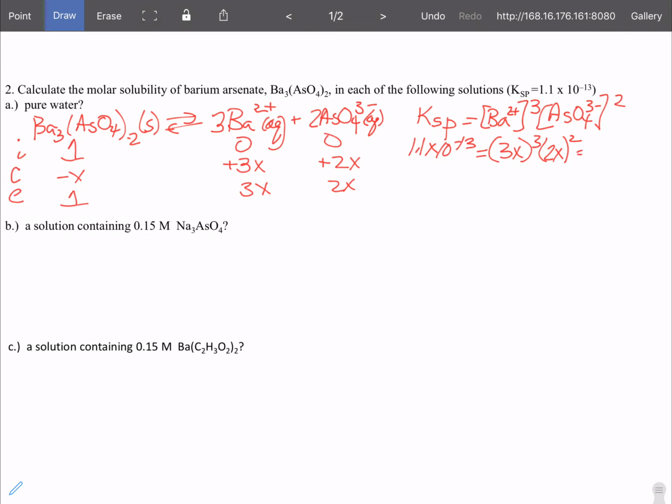which is equal to 27x cubed times 4x squared, which means 1.1 times 10 to the minus 13th is going to be equal to 108x to the 5th. So x to the 5th is equal to 1.0185185 times 10 to the minus 15th, raise it to the 1/5 power, or take the 5th root, whichever your calculator and you can get along with, and you're left with